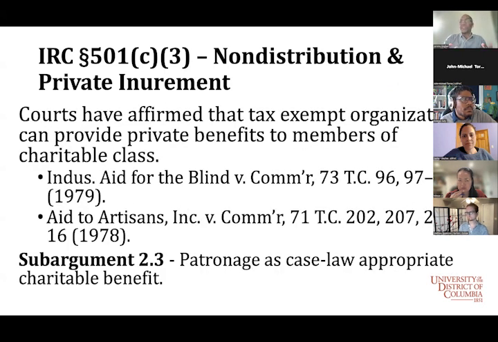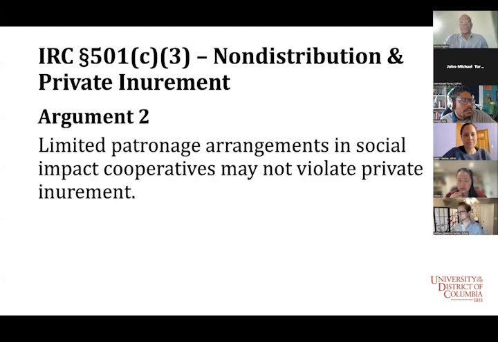And then for the third reason, and this gets back to the 75% number that I call the supermajority disadvantage principle, the courts have affirmed that a tax-exempt organization can actually provide benefits to members of charitable classes. Two cases worth looking at are Industrial Aid for the Blind versus Commissioner, and Aid to Artisans. These are essentially cooperative-like nonprofits that distribute part of their net earnings to a charitable class of members in each case. So case law says, if it's going to a charitable class, then private inurement restrictions don't count as much, right? And so I argue that limited patronage arrangements and social impact cooperatives may not